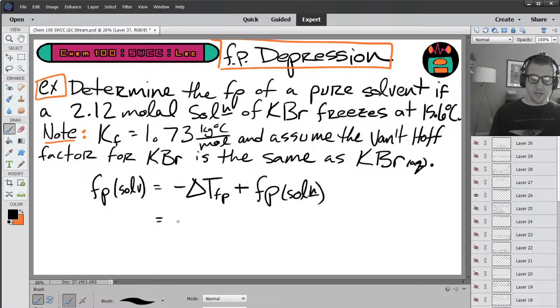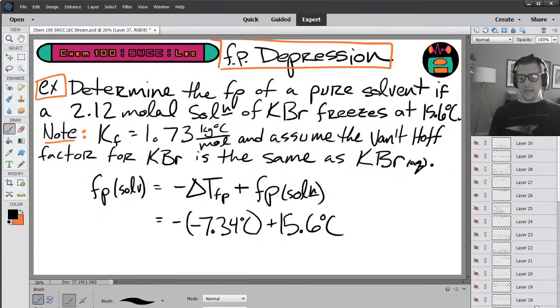So now we can plug in our numbers. -1 times our change in freezing point for the solution is -7.34 degrees Celsius. And the freezing point of our solution was right there. It's 15.6 degrees Celsius. And happily, negative times a negative makes a positive. So I take 7.34 plus 15.6. And I get as a value